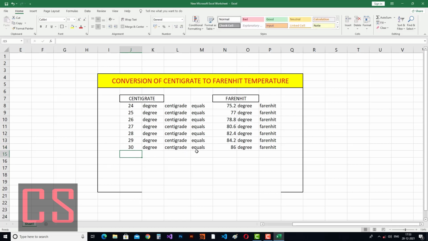So 30 degrees centigrade equals 86 degrees Fahrenheit. 31 degrees centigrade equals 87.8 degrees Fahrenheit. 32 degrees centigrade equals 89.6 degrees Fahrenheit, and that is the highest temperature of a room. If the temperature goes above 32, the computers and the humans residing in the room feel very bad.